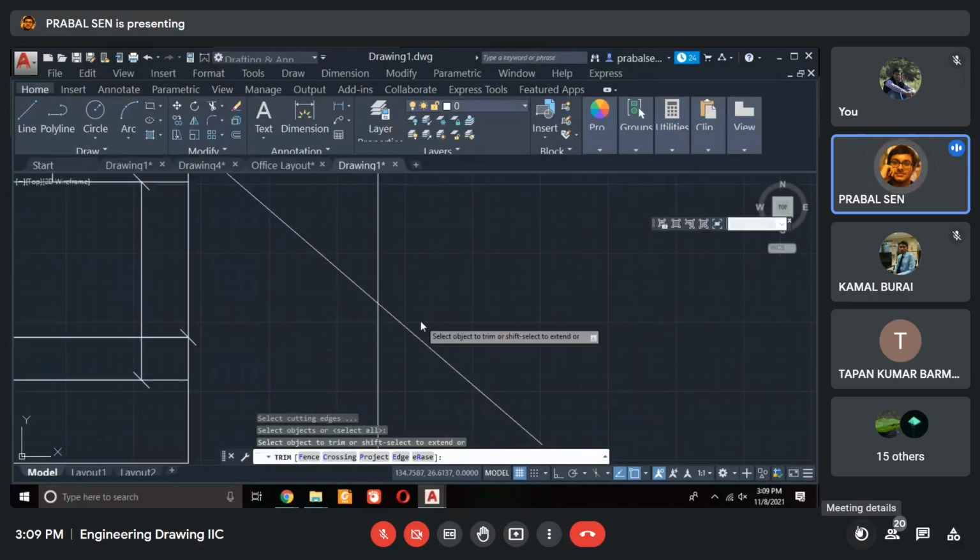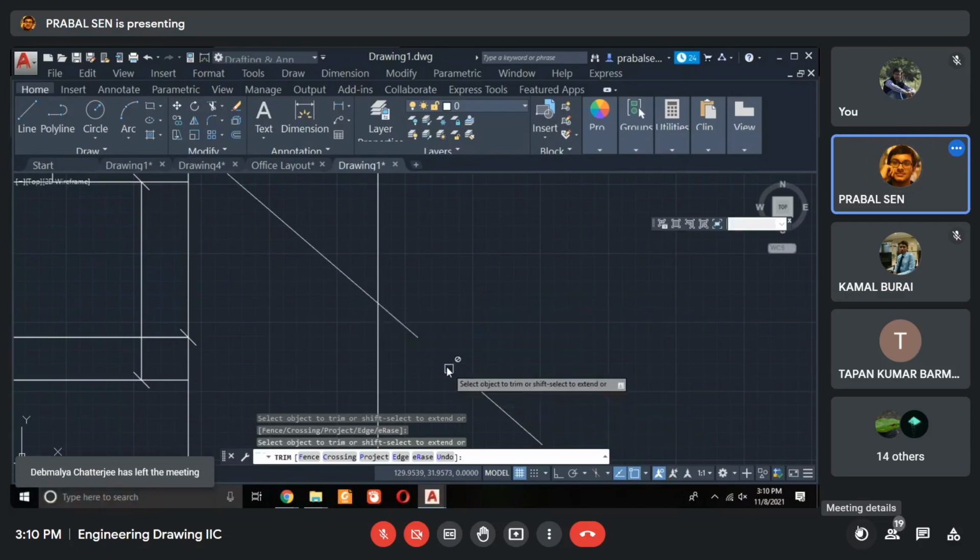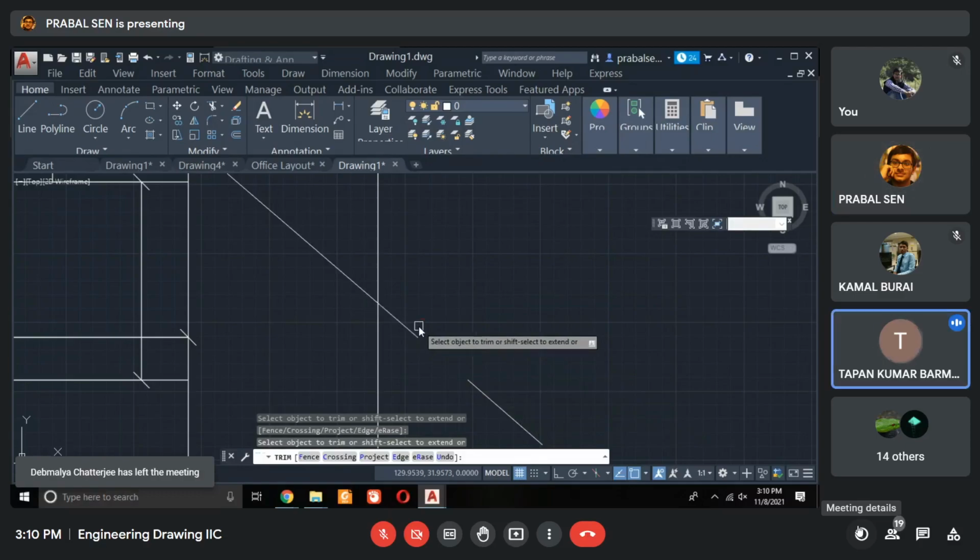If I want to trim, that whole part is not trimming, just that part is trimming. Why is it happening? The whole part should be trimmed out. No, there should be one boundary, I think. That is why it is showing like that.